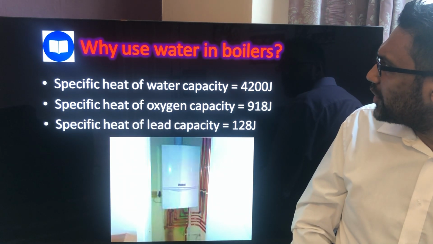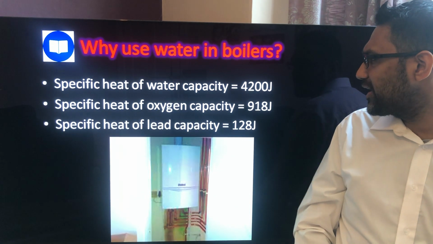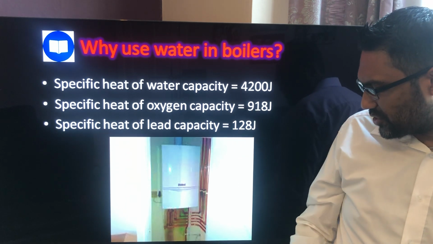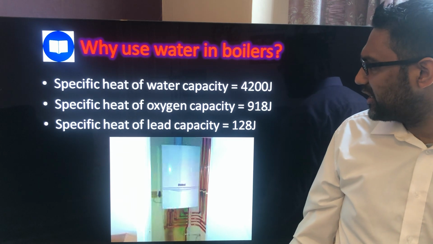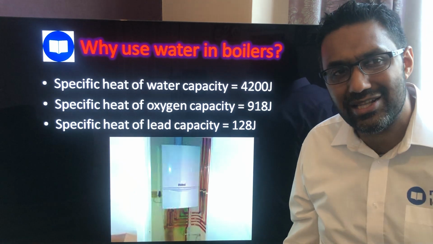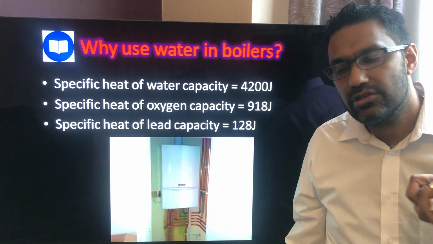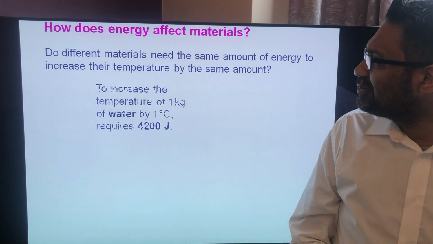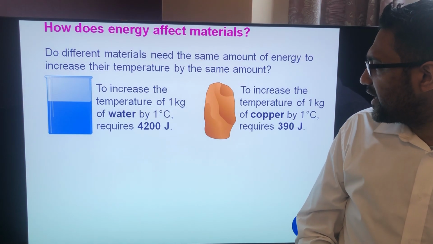So why use water in boilers then? So look at the specific heat capacity of water, 4,200. So water's got very high specific heat capacity, so it takes a lot of energy to heat it up, but once that energy is in there, you can transfer that energy around your house for your home to be warmed up. So, specific heat capacity then,